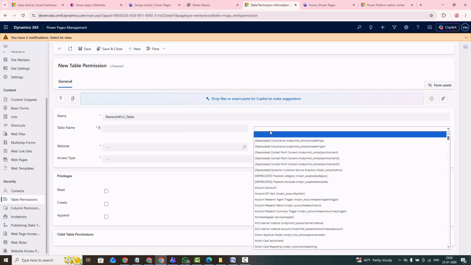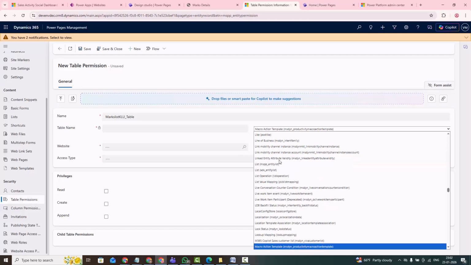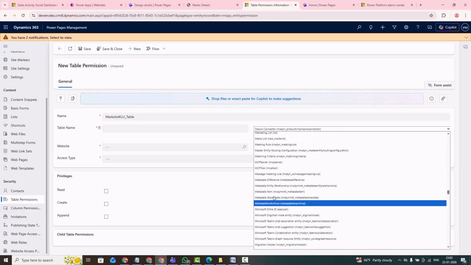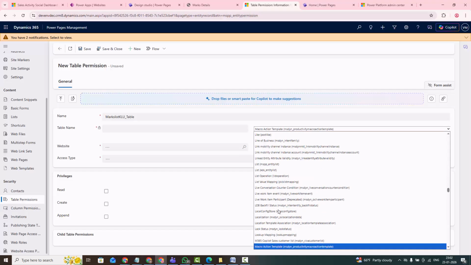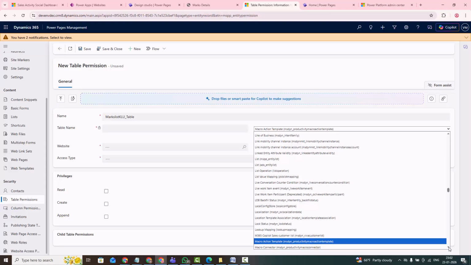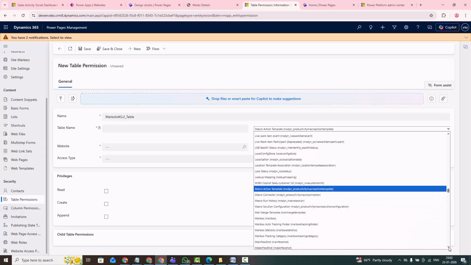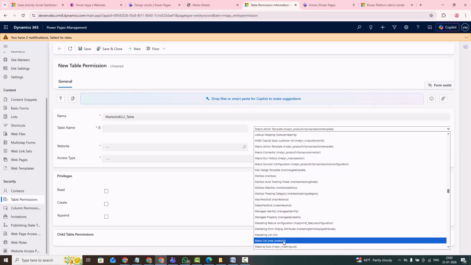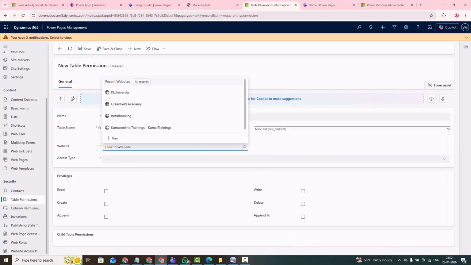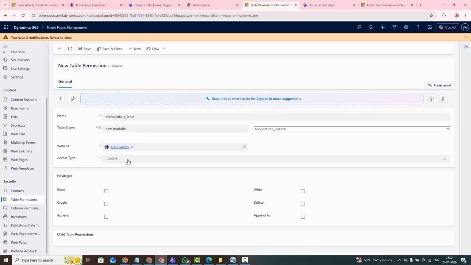This time earlier contact, this time marks list is our table name. Marks list. Okay, you can select marks list. See, mark list. And the next website is KL University, and access type is global, and read